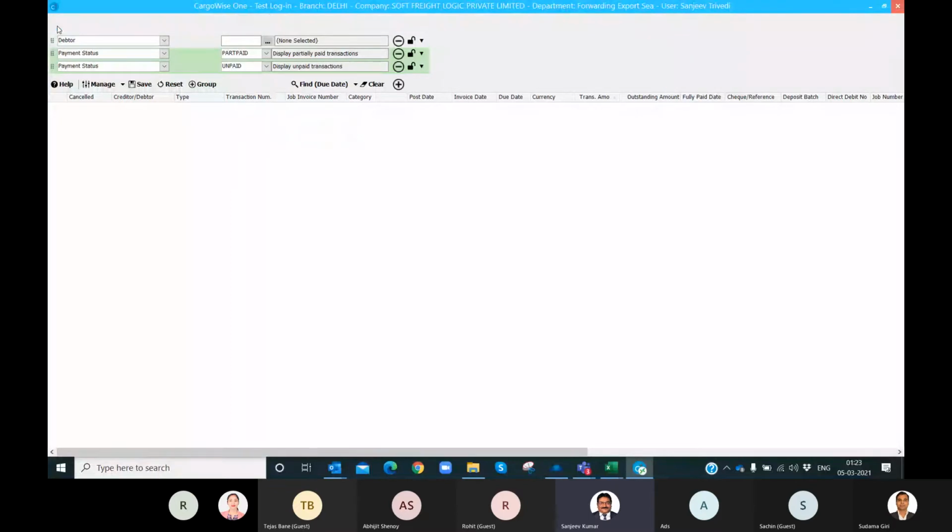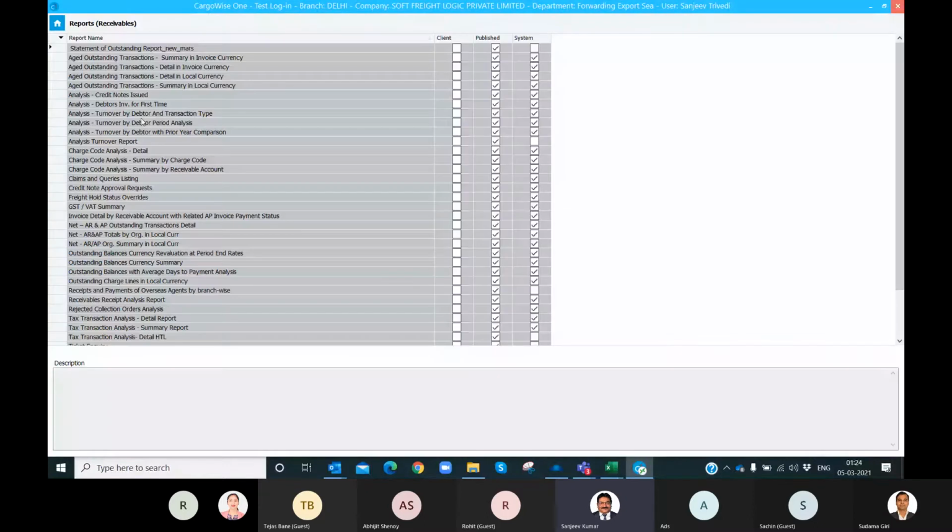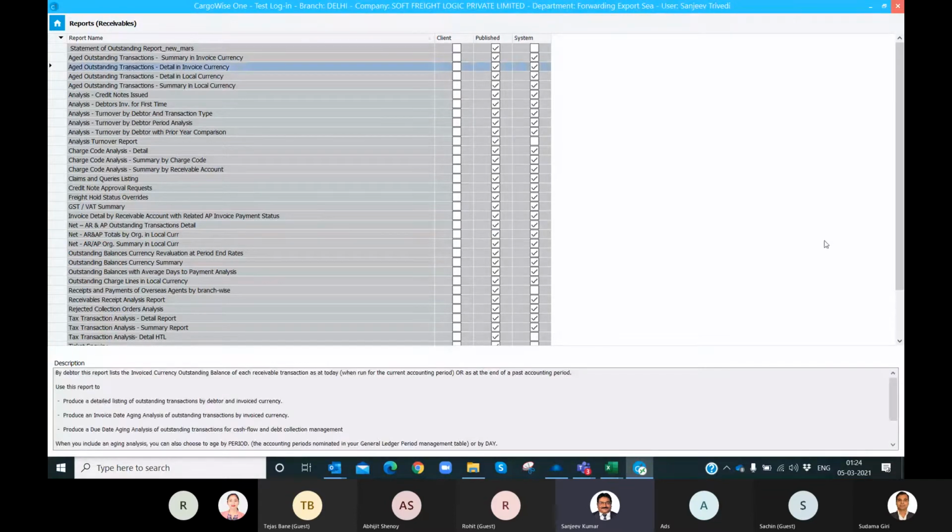Now there is a report section under receivable, just like in payable also there was a report section. If you go to reports, there is a full list of reports you can see here. Aged outstanding report is there, transaction by transaction report is there, transaction by receivable account is also there.